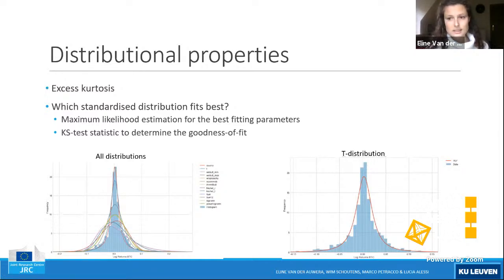I repeated this same process for the log returns of Monero, Ethereum, and Ripple, and I came to the exact same conclusion, namely that the T distribution